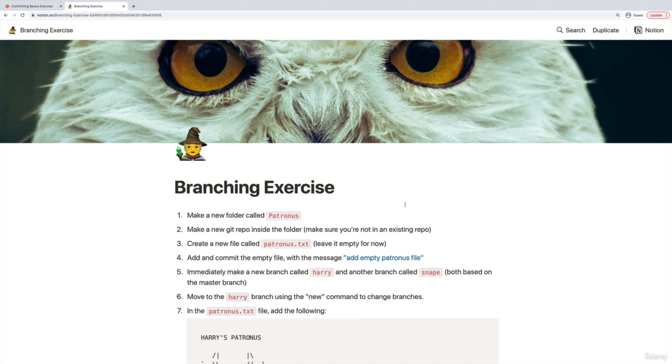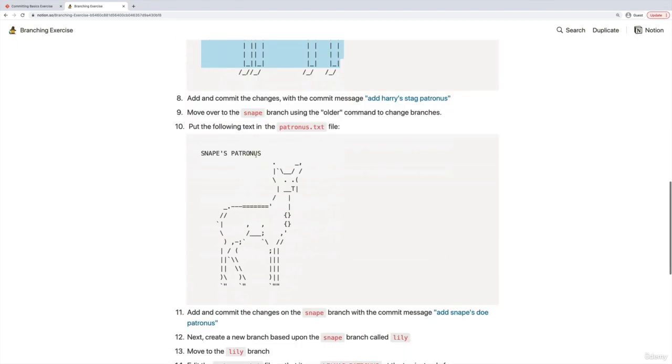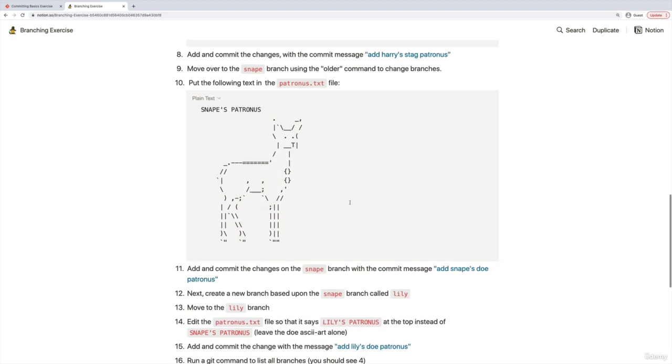Now, the theme of this, aside from Harry Potter, is Harry Potter Patronuses, which are, I guess, a Harry Potter version of a spirit animal. If you've seen the movie or read the books, the spell Expecto Patronum, I don't even know why I'm going into it. It doesn't matter. Anyway, wizards have their own Patronus, different animals, so you will be putting some animals in files on different branches